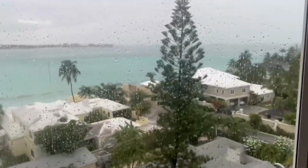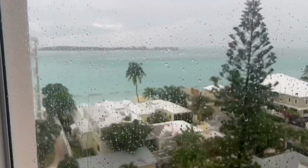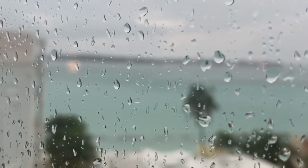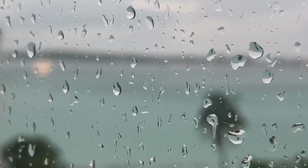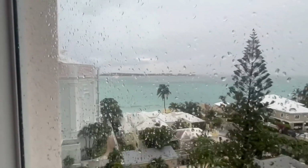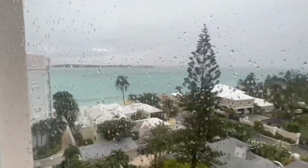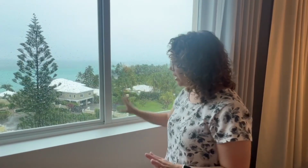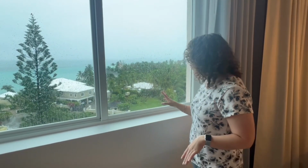Here you can see the private island. You can actually see the boat going out right now. That does run throughout the day to take people to and from. We're just waiting on this to focus here. We'll show you a little bit more of that island later on in this tour here, but we can see the island pretty clearly. It just rained, so unfortunately the rain's kind of obstructing our view, but you can see